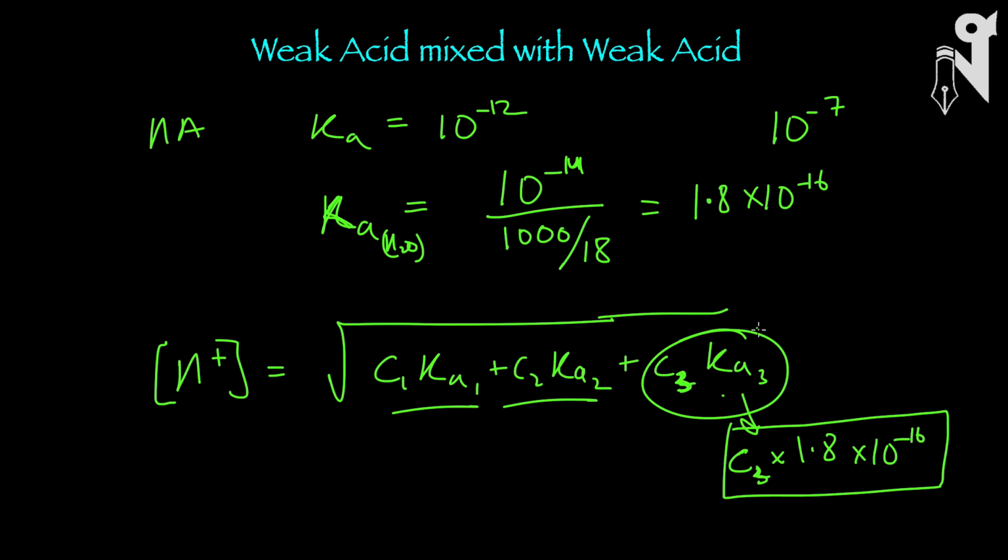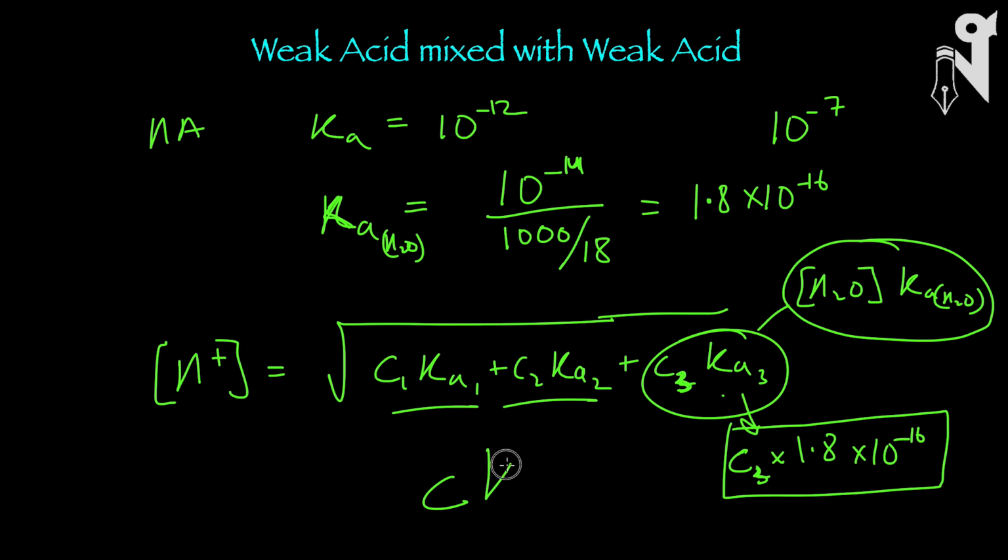So if you have three acids or four acids, the formula just gets extended like this: concentration of water times Ka of water. If it is in the vicinity of the other terms, then you'll take water also. So be a little careful over there. If the values start going really low with respect to C or Ka, either C is very low or Ka is very low, such that this value kicks in.